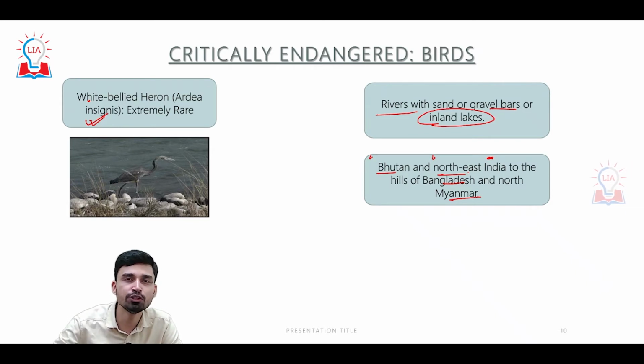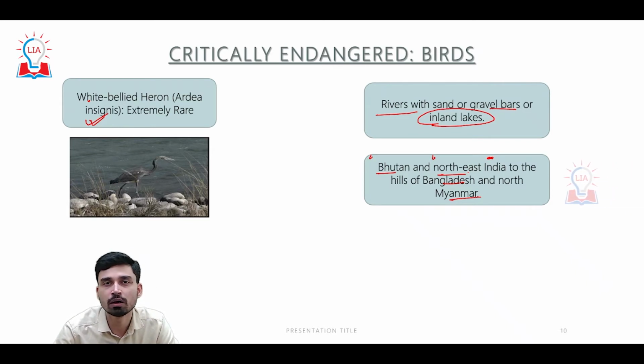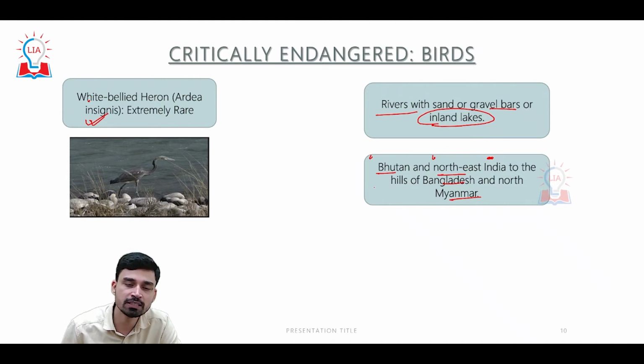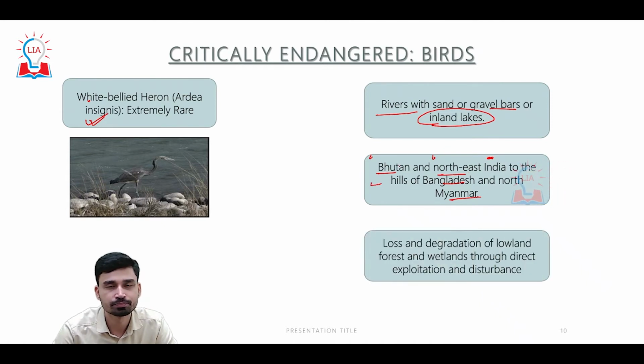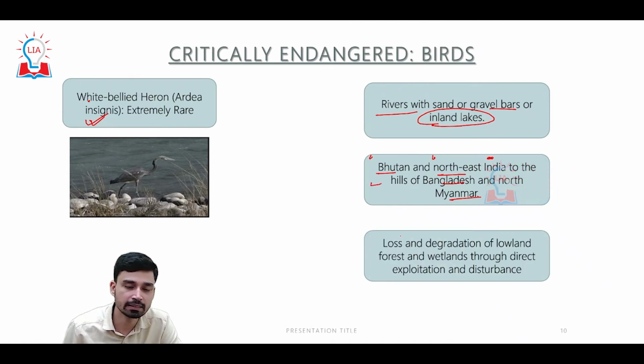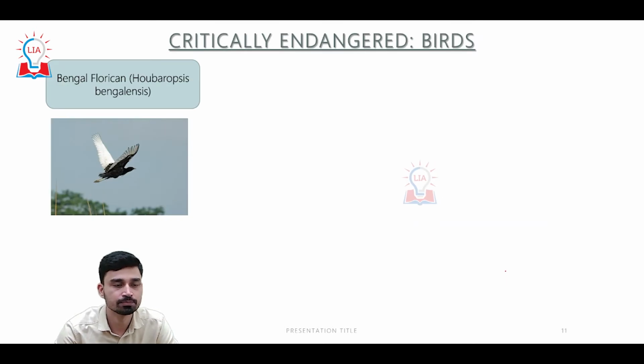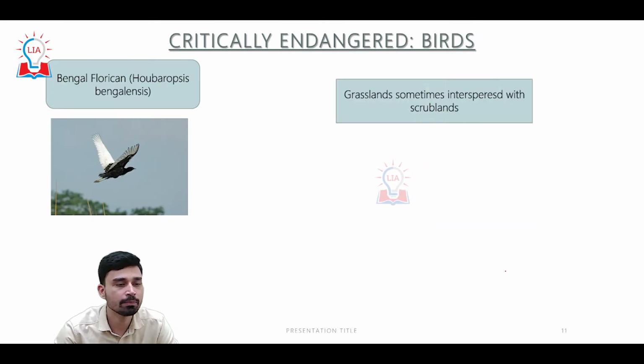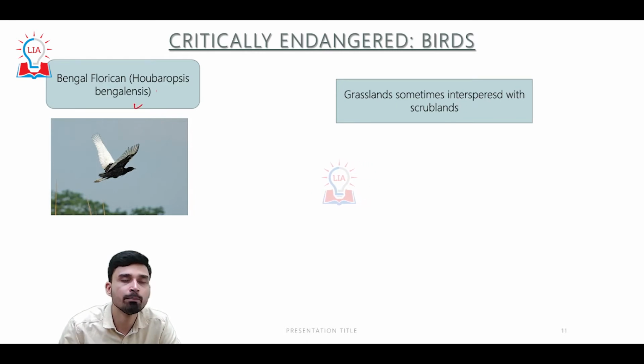They form a common geographical region that is also a biodiversity hotspot. So that is the reason we can find the white-bellied heron here. The major threat that this bird is facing is loss and degradation of lowland forest and wetland through direct exploitation and disturbance.